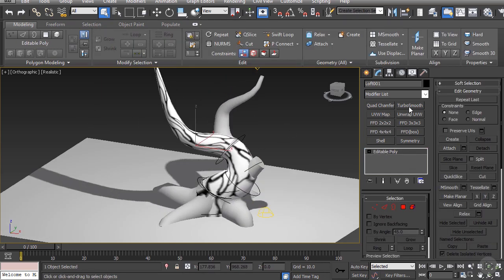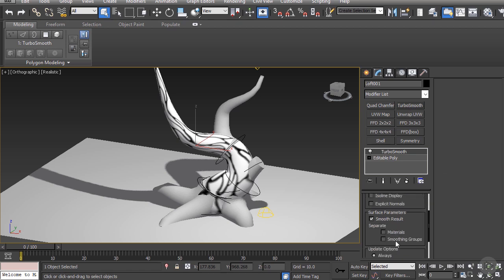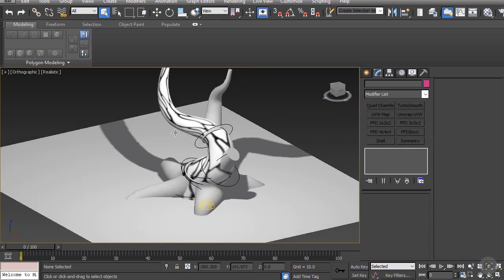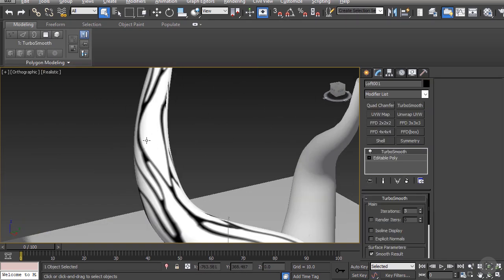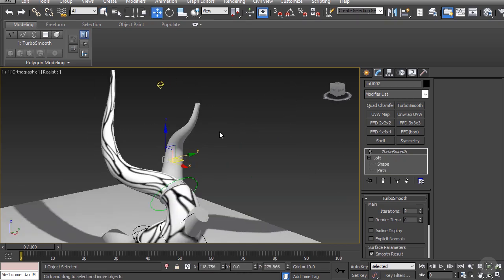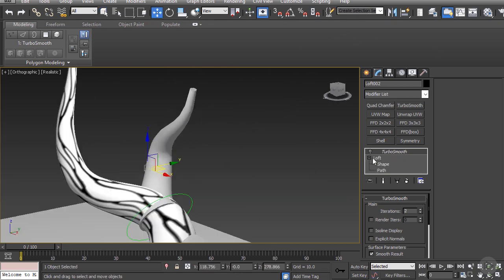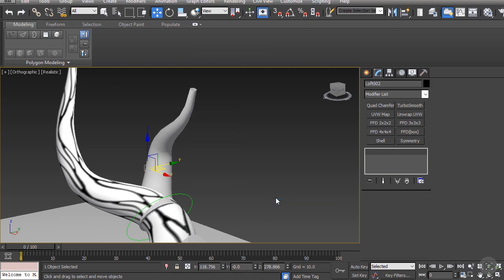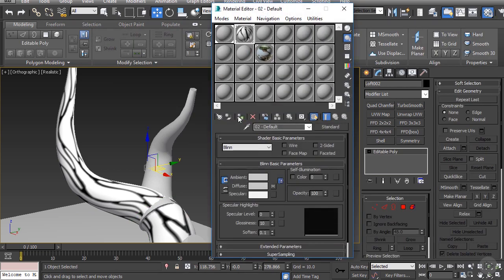And I'm going to go ahead and click Turbo Smooth, select my smoothing groups again, maybe make it 2 or 3, it doesn't really matter, you want it as smooth as possible for ZBrush. And that looks pretty good to me. So I can go ahead and add one more, so I'm going to go here again, remove the Turbo Smooth, convert to editable poly, add our texture,